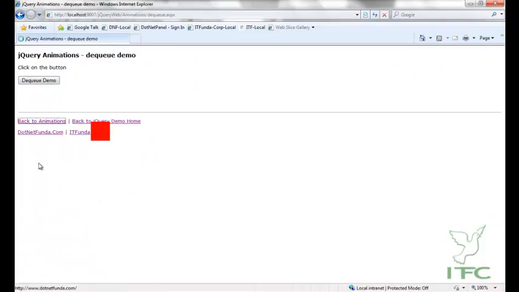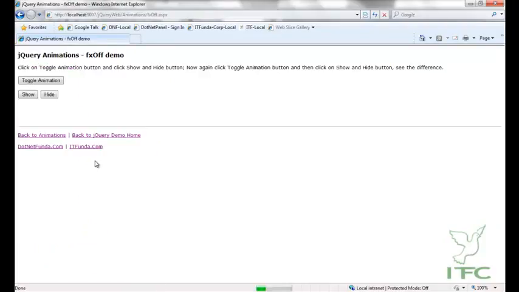Now let us see this in action. fx method. Now I am clicking show, it is animating and showing, and I am clicking hide, it is sliding up. Now when I click toggle animation, the entire animation of the page will be disabled, and when I click show, the final state will come. You can see that it is directly showing, and hide will directly hide. It will not perform any animations